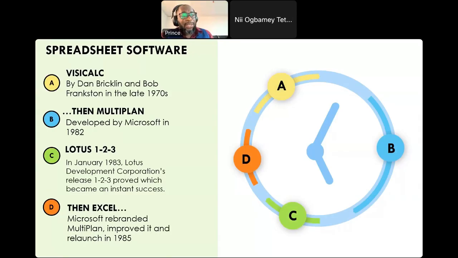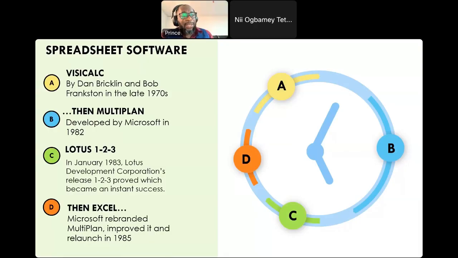But a company called Lotus came up with a spreadsheet called Lotus 123. That was a major spreadsheet, and it was good. It had a lot of functionalities then.